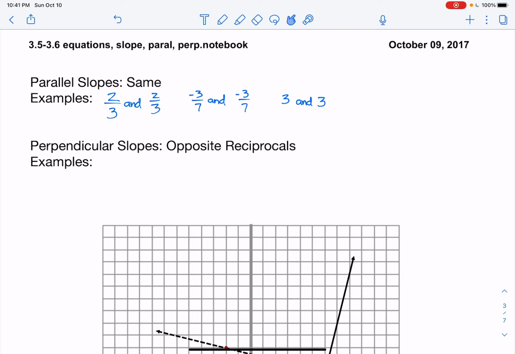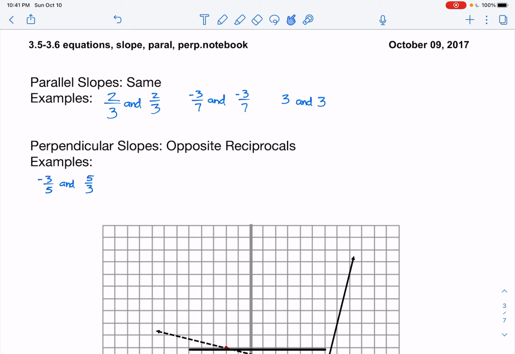In order to be perpendicular, the slopes are opposite reciprocals. An example of that means you change the sign from positive to negative. If it's negative, it goes positive. If it's positive, it becomes negative. And you flip the fraction. So for example,